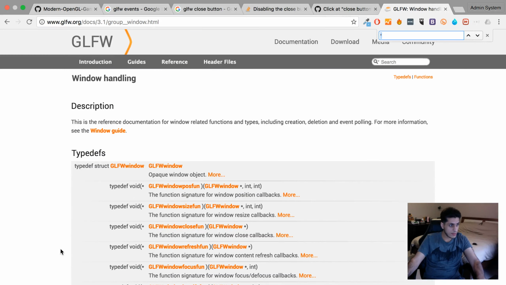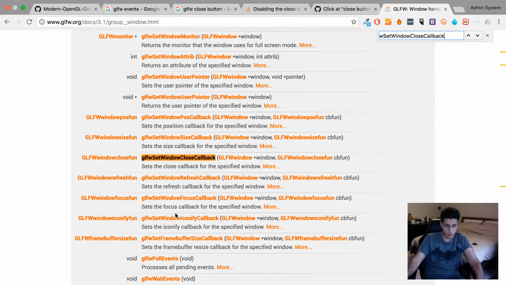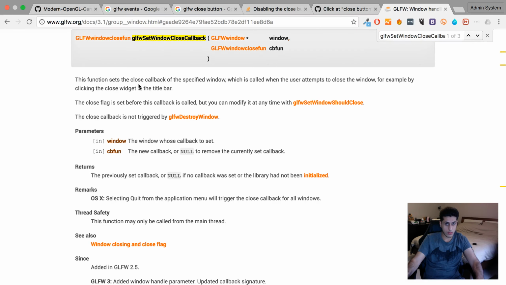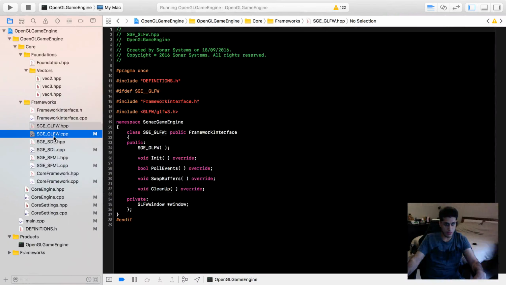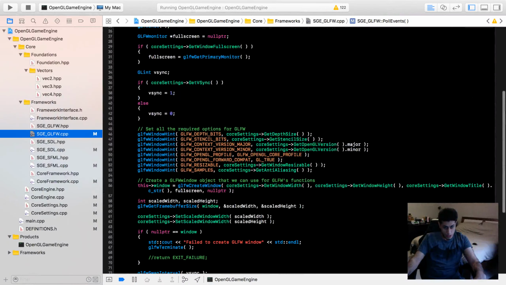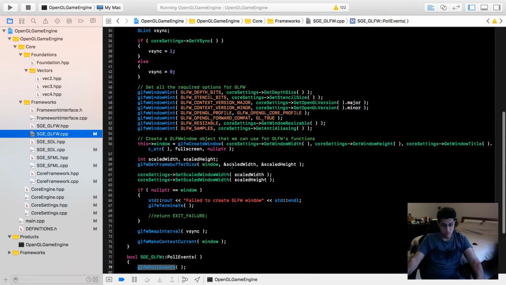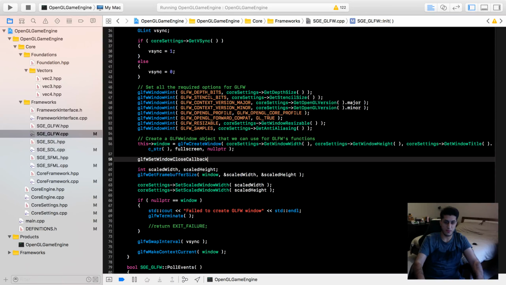Window handling. Sets the close callback of the specified window, which is called when the user attempts to close the window, for example, by clicking the close widget in the title bar. So a new callback or null to remove the currently set callback, and just specify null. So I'm assuming if I go to the CPP, after we've created the window, I would just put it honestly here. If I just do this